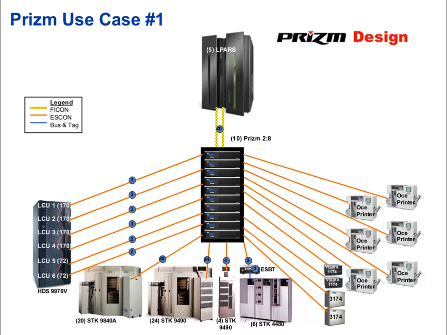You can see we introduced 10 Prism units in this particular case, and all of their ESCON devices, they actually had a couple of bus and tag devices there too in the lower middle part, STK4480 tape, but all of their device portfolio migrated forward when they went to the new mainframe technology onto Prism seamlessly. And this was unique in that they had a wide range of device types that they required to keep, from print to tape to DASD and 3174 gear.